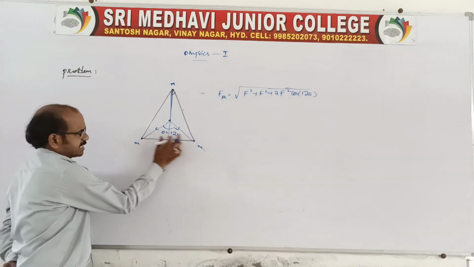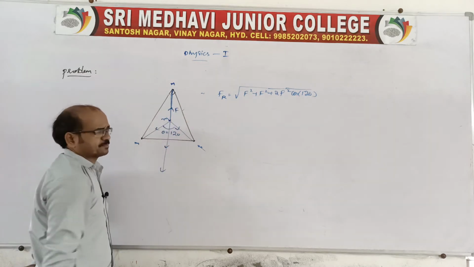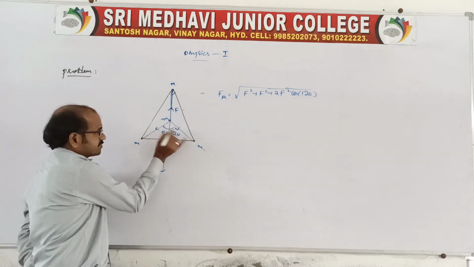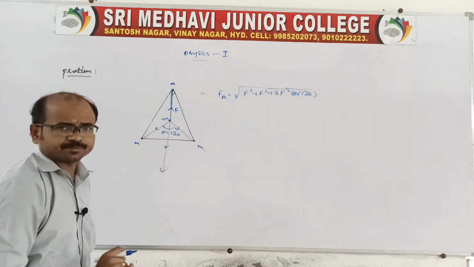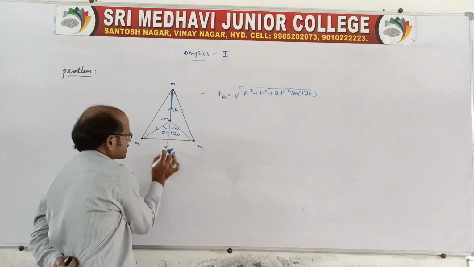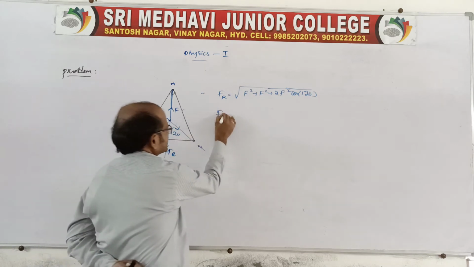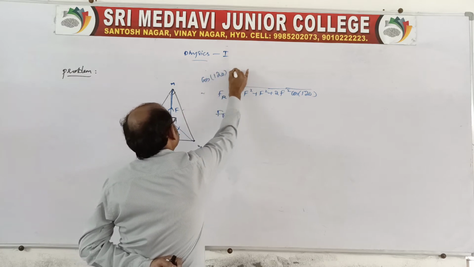Between these two I am telling, of course between these two particles there is a force F, but I don't know the resultant of these two. So suppose you get the resultant of these two, then ultimately it is over. So here the resultant acting between these two forces is Fr. So Fr is equal to, cos 120, again you write here, cos 120 will be minus 1 by 2.